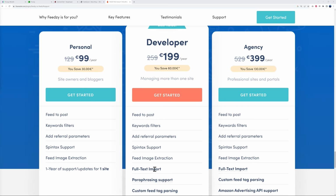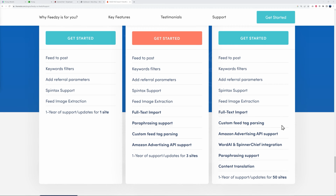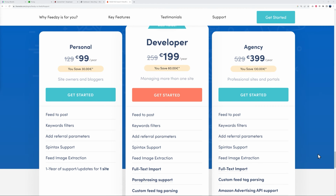So if you want the full text import, it starts from $199 per year up to $399 per year. Well, it's really up to you to decide which one is best for your project. Now, obviously, the more expensive the subscription, the more features you will get as well. As you can see here, for the agency one, you also get Spinner Chief integration, paraphrasing support, content translation, and so on. So again, like I said, it's really up to you to decide which one is best